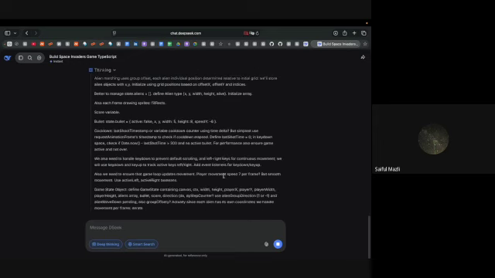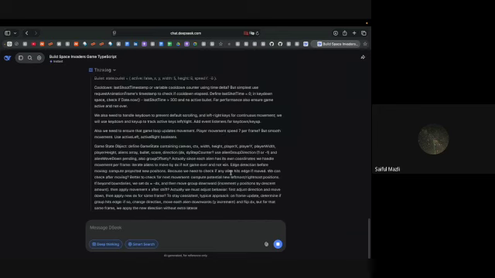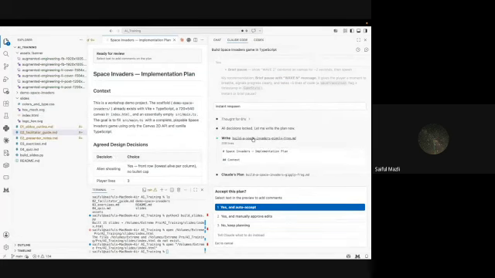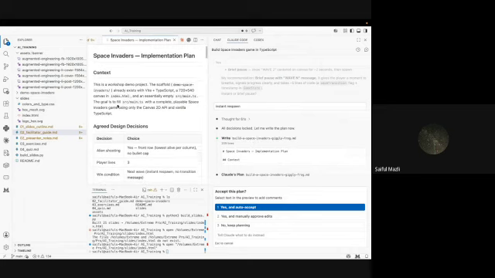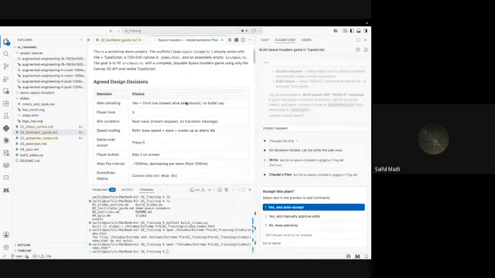Well, independently, but both trying to do one game. Okay, now Claude has said, okay, I've got this plan. And this is a workshop demo project, right? Space Invaders.